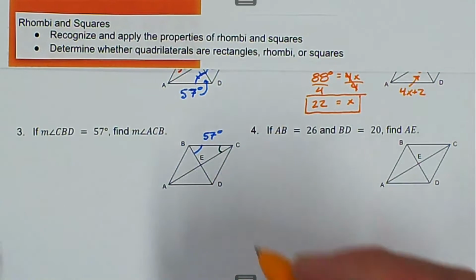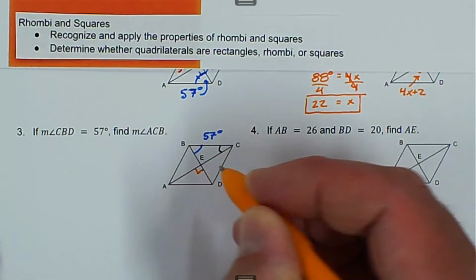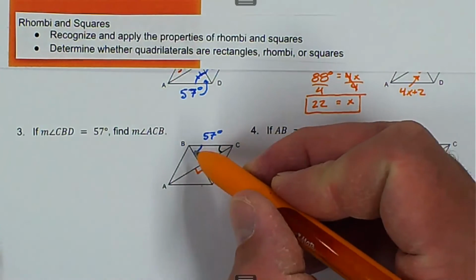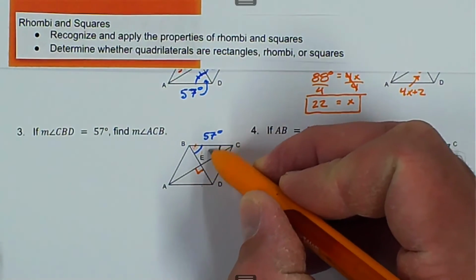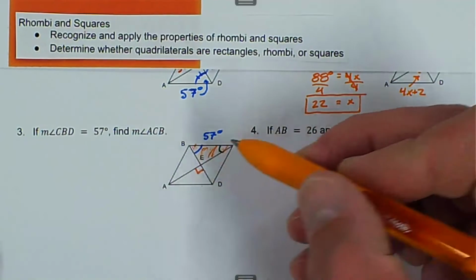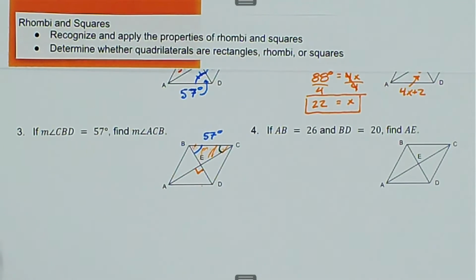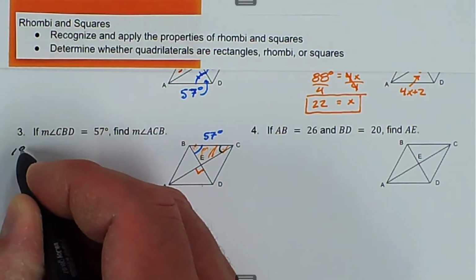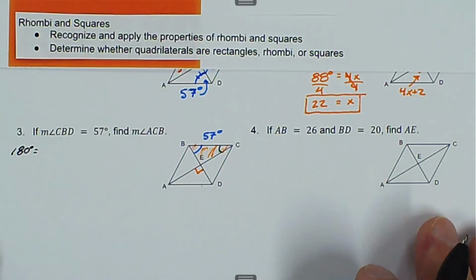Well, we've said this a number of times already, but that is a 90-degree angle. So all 4 of those are 90-degree angles. So we can see that small triangle that is made up in the upper portion of the rhombus. And remember, by triangle sum theorem, we know that all 3 angles of a triangle add up to 180 degrees. So we can say 180 degrees is equal to,